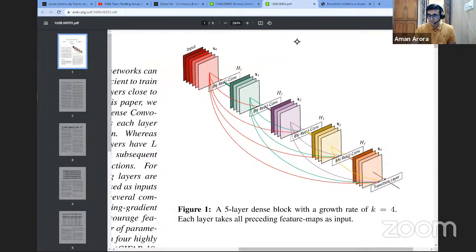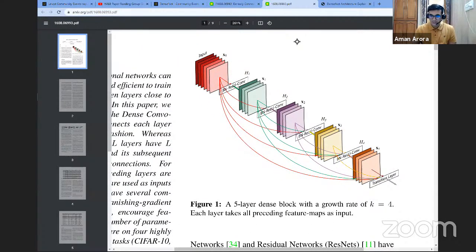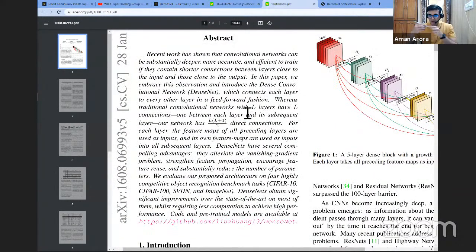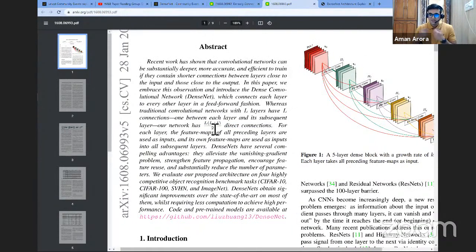There's a bit of math in the paper where they say, whereas traditional convolutional networks with L layers have L connections, because there's just going to be one connection between each layer and its next layer, our network has L(L+1)/2 direct connections. That's just a bit of arithmetic, and you can easily find out why there are that many connections. It's not important to know the count, but what's important to know about DenseNet is